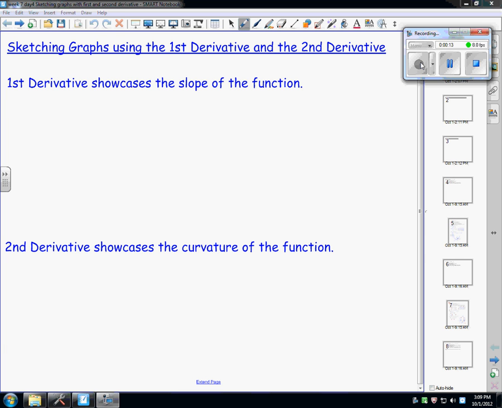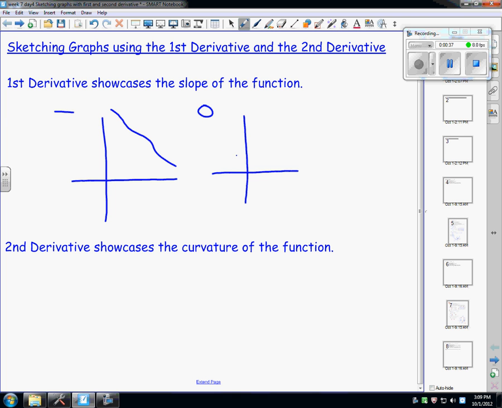Reminder, I tried to talk to you guys about this on Monday. I previewed a lot of what the second derivative talks about, and it's curvature. First derivative, you guys are really good at that. First derivative is always about the slope of the function. So if I have a negative first derivative, my slope is tending down for that place. I could have a 0 for a first derivative, and those are important places